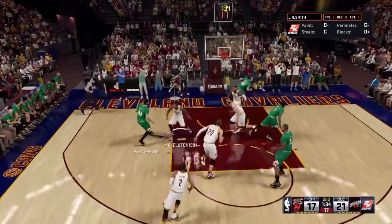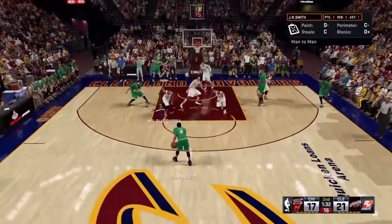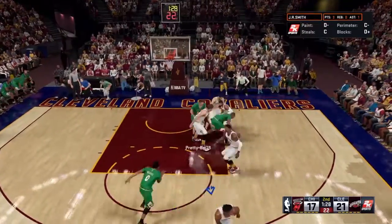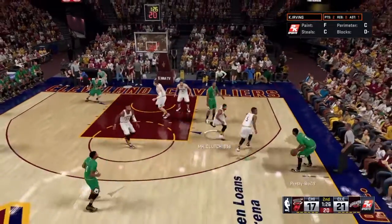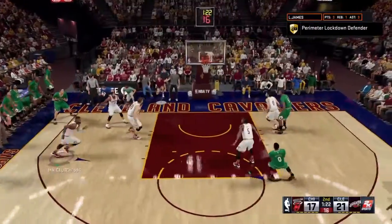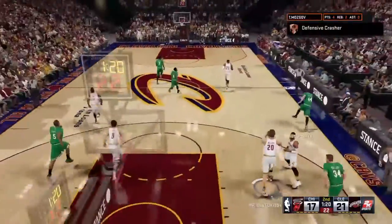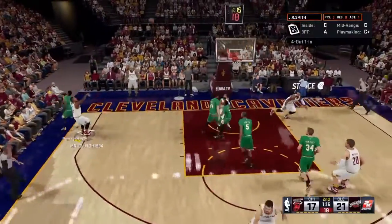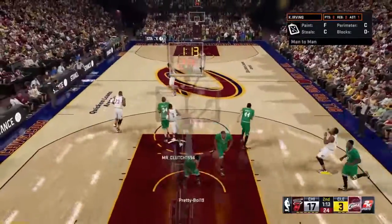Kyrie Irving's checked in for Matthew Dellavedova. So Chicago going with an almost entirely new group here. Portis, he's checked in for Gasol. Mirotic comes in for Taj Gibson. Justin Holiday's checked in for Butler. And Brooks subbed in for Derrick Rose. The Cavaliers leading by...